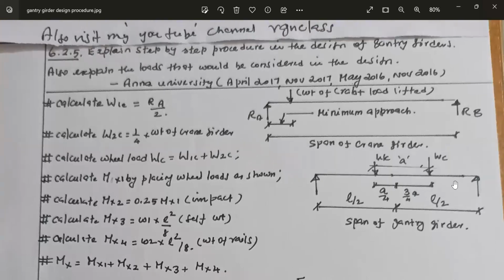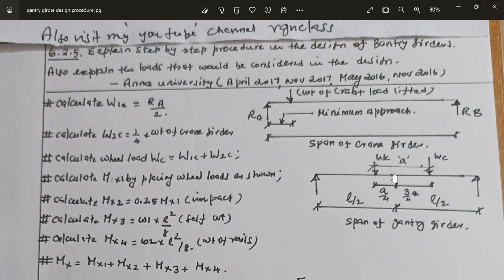In an industrial shed, the gantry girder will be running along the length of the building. The gantry girder is supported on columns. This is the gantry girder. This is one column. These columns will have brackets, and this gantry girder will be resting on the brackets. So the gantry girder is supported on the columns by means of the brackets, and it is running along the